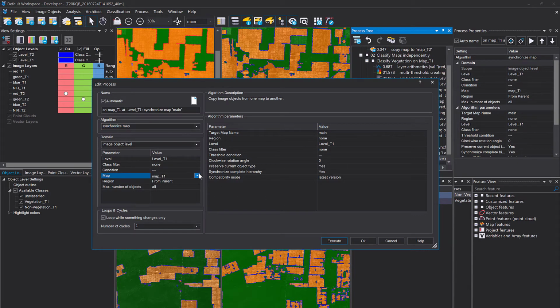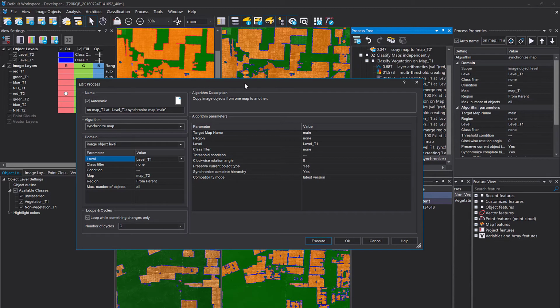I'm gonna synchronize the map T2 and the level is also called level T1. It might be a bit confusing, but you know why I did it. It was just a mistake by myself. Yeah, and now it's important that we want to synchronize those results to the main level, but to the level T2 in the main level. And very important now for the second synchronized map is that you change the synchronized complete hierarchy to no. Otherwise it will overwrite also the information of the level T1 on the main map,